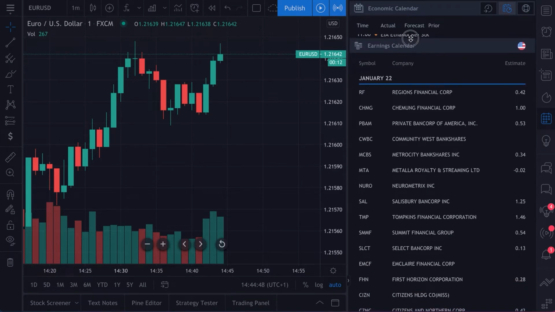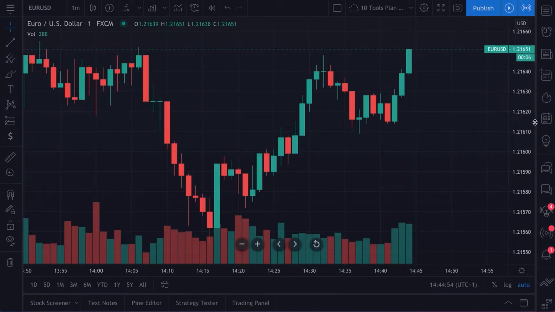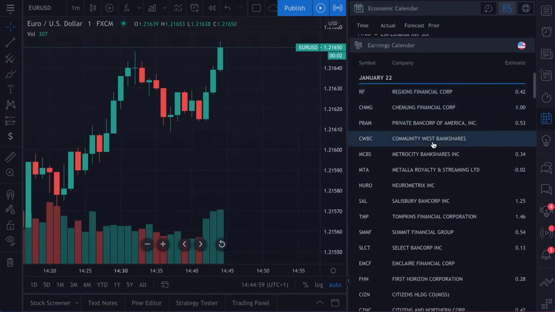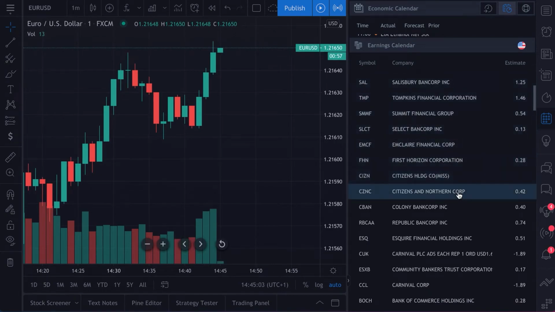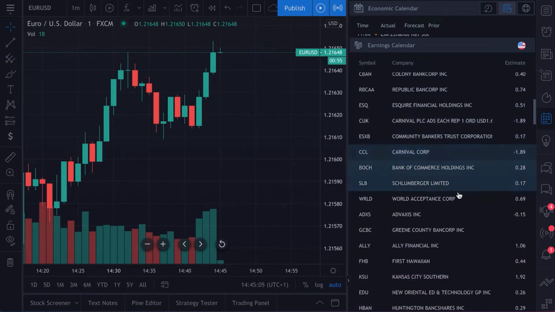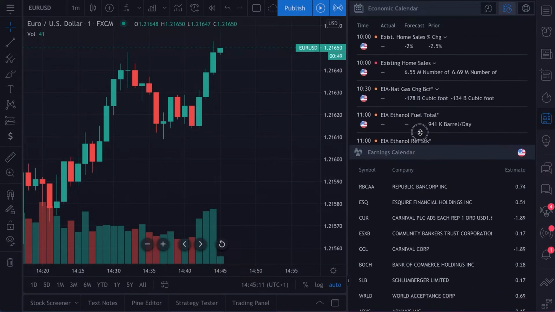Earnings calendar. Now this is in the same place as the economic calendar. This is your calendar menu here. Let's close this one more time. Here's calendar. We see the icon, we click, and now we can follow earnings. And we also see their earnings per share estimates. Never miss another earnings report. It's as simple as just clicking your calendar icon, going to the earnings calendar, adjusting the size of the window